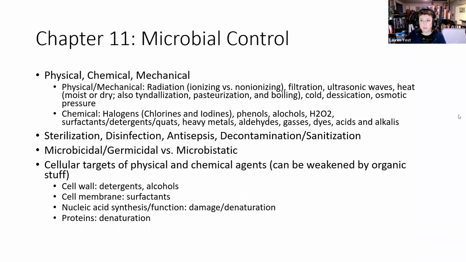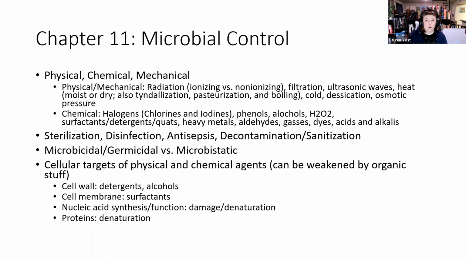Heat, whether it's moisture or dry, tindalization, that's part of the heat. Cold, desiccation, osmotic pressure. And then the chemical ones, we had all those, the halogens, including chlorines and iodines,